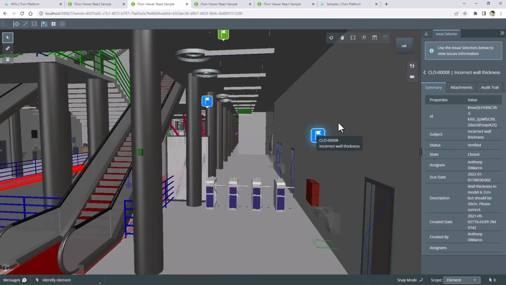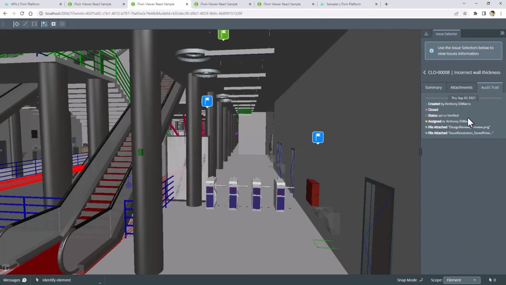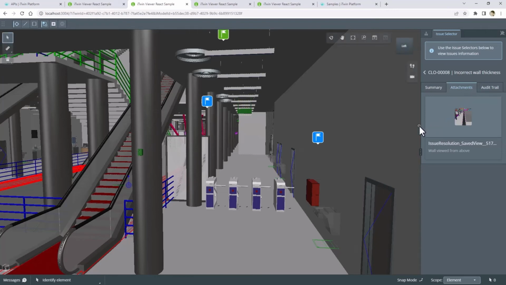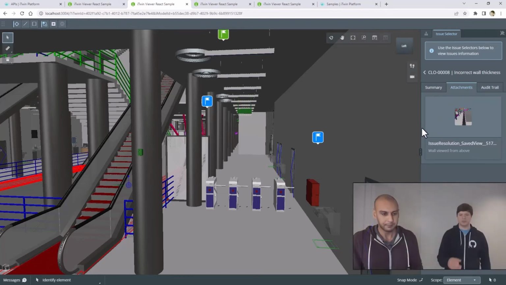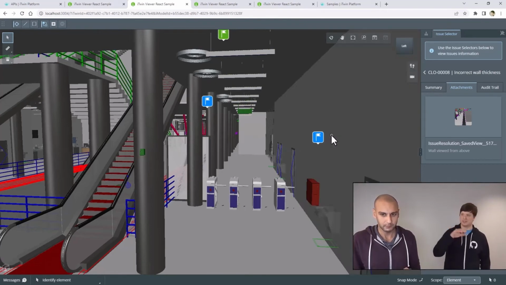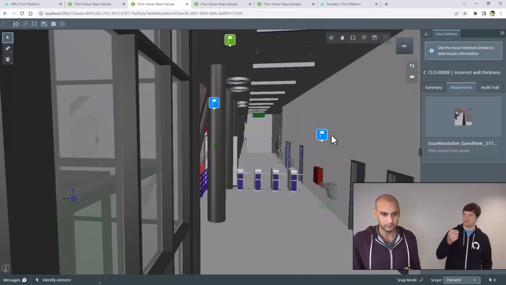Nice. And as I said, we can assign issues to a person. There's a status for the issue and a state for whether it's closed or open. And also there's an audit trail, so you get to see exactly the history of the issue, what's going on. You can also add attachments, pictures. So there's a bunch of different features here to keep track of your data related to issues and make sure that they're resolved. Cool. So those saved views, that's basically just a persisted view state that we created using View